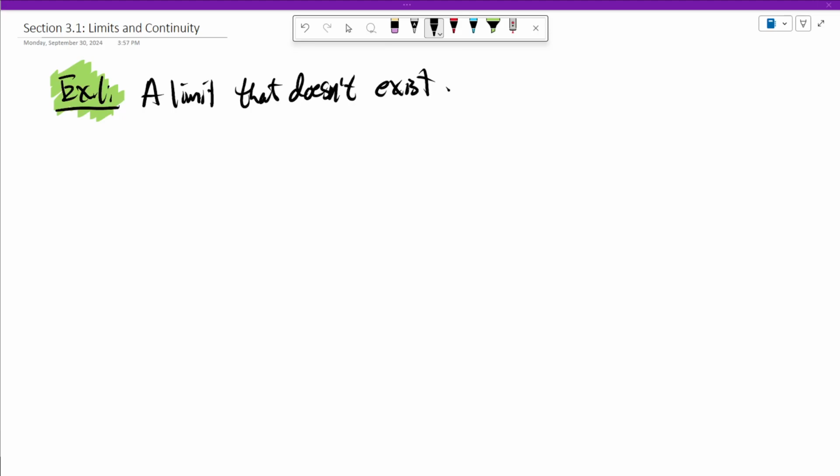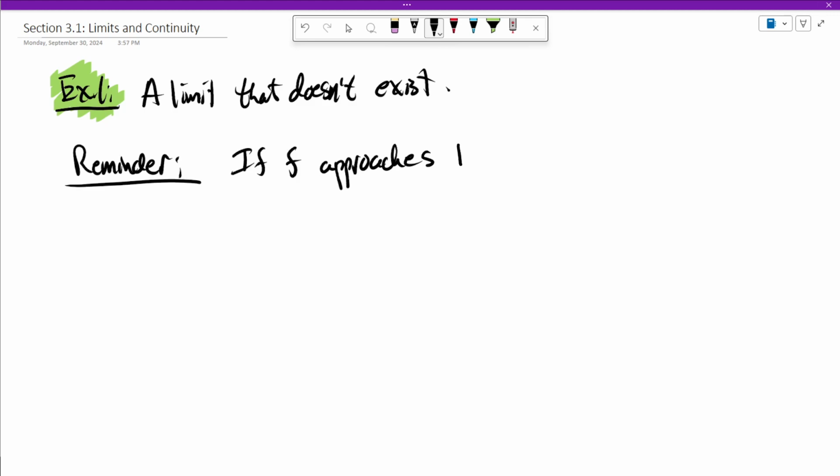In our first example for section 3.1, we're going to look at a limit that doesn't exist. As a quick reminder from the reading, if a function, let me just say f, approaches two different complex numbers, so they have to be different,